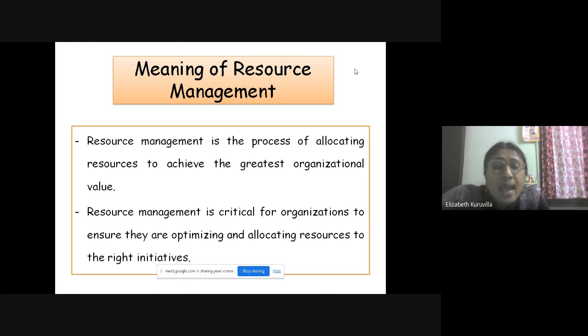value. And the next one, resource management is critical for organizations to ensure they are optimizing and allocating resources to the right initiatives. So for any organization, whether it is a school organization or a higher education organization, what we want to ensure is the optimum utilization of the resources, allocating the resources in the right direction.